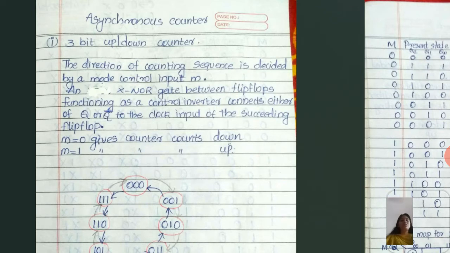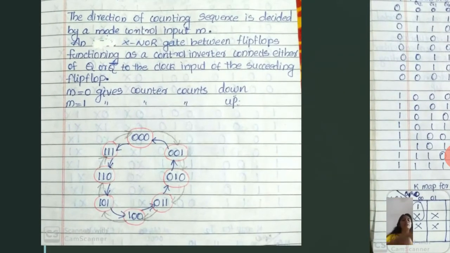The normal procedure for designing a counter consists of 5 steps. First, you have to draw the state diagram. Then you have to write the excitation table. Then the next state table. The fourth step is drawing the K-map and simplifying to get the equation. Fifth step, based on the equation, you have to plot the circuit diagram for that counter. So here we are doing the first step of drawing the state diagram. This will be like this.